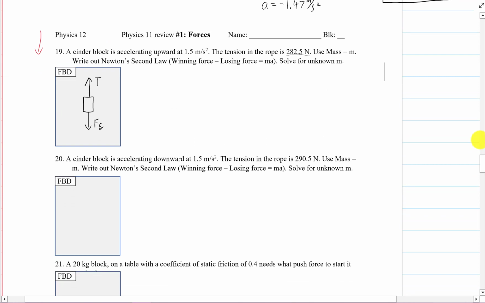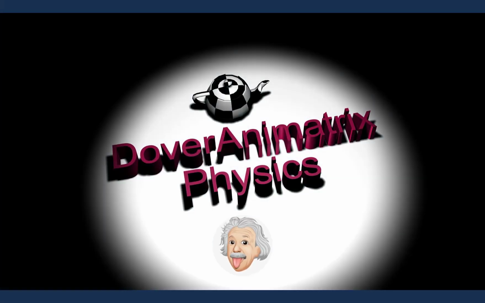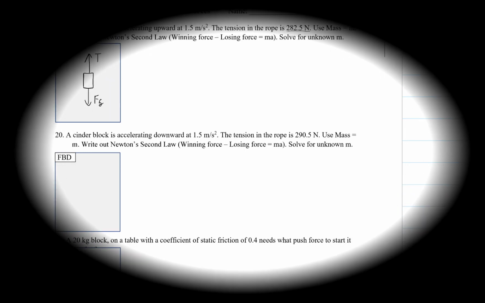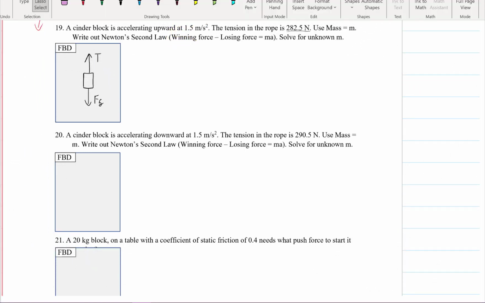Here we go, number 19. A cinder block is accelerating upward at 1.5 meters per second squared, and the tension in the rope is 282.5 newtons, and using the mass as m, write out Newton's second law, winning minus losing equals ma, and solve for the unknown. So before we can write that out, we draw our free body diagram,